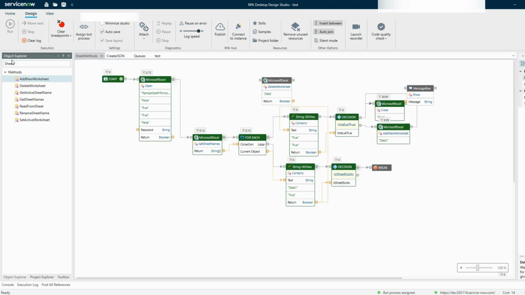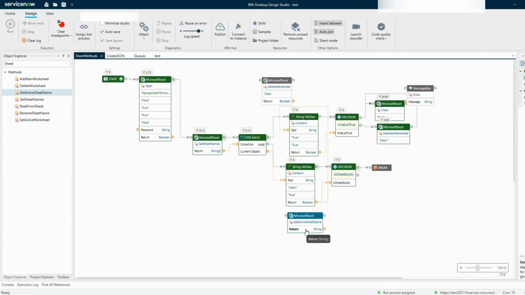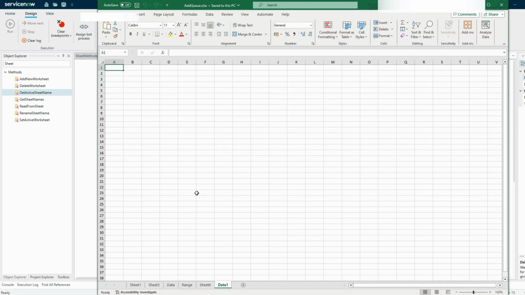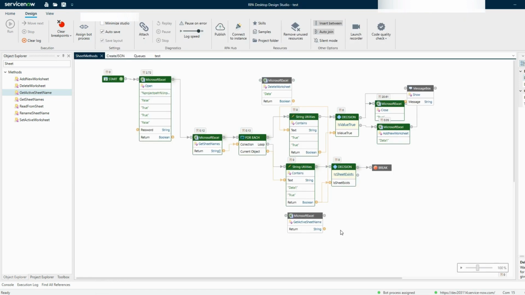Let's take a look at the next method, which is get active sheet name. The active sheet name is the sheet which is opened by default when you open your Excel. For example, when I open my Excel, currently data 1 is displayed. So this is the active sheet on the Excel. You can also keep a different sheet as your active worksheet by using this set active worksheet. There might be a scenario in which you want to keep some sheet as active,